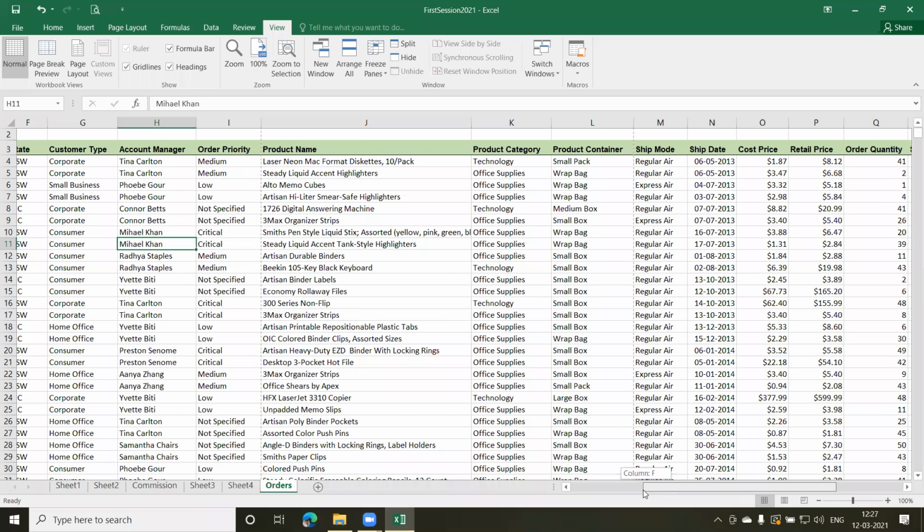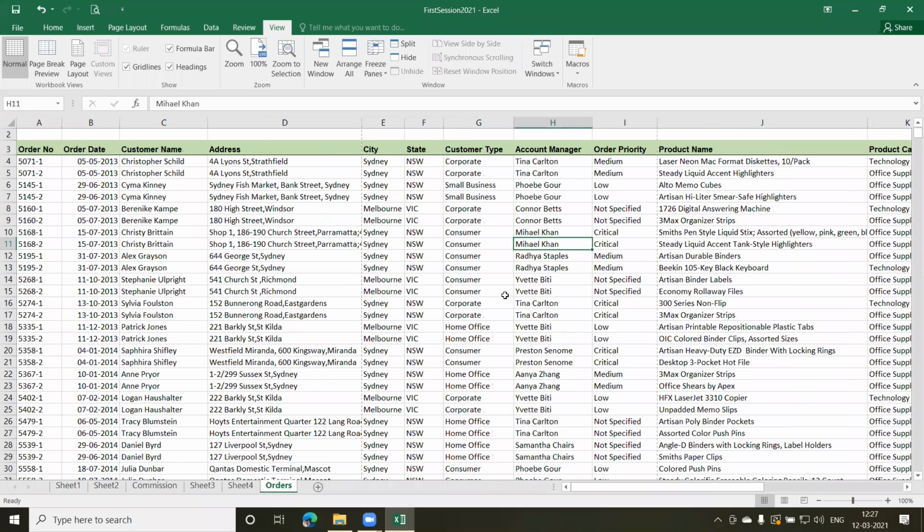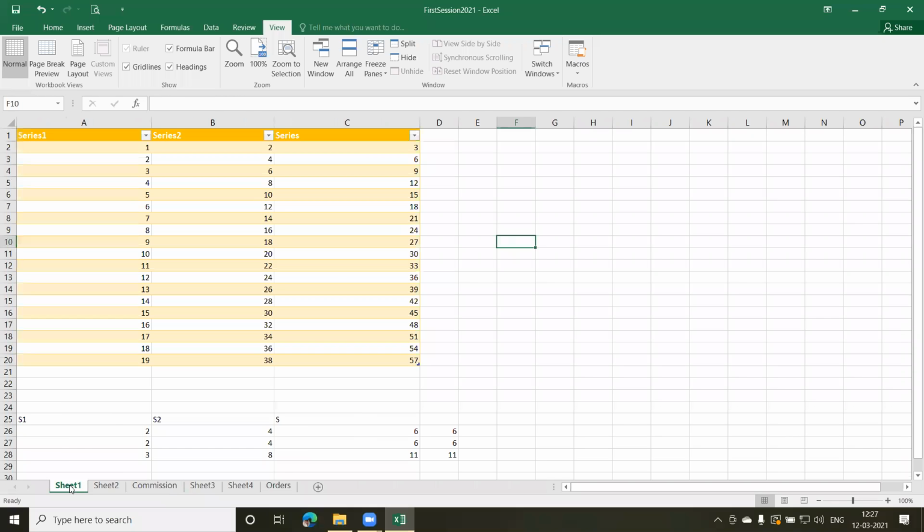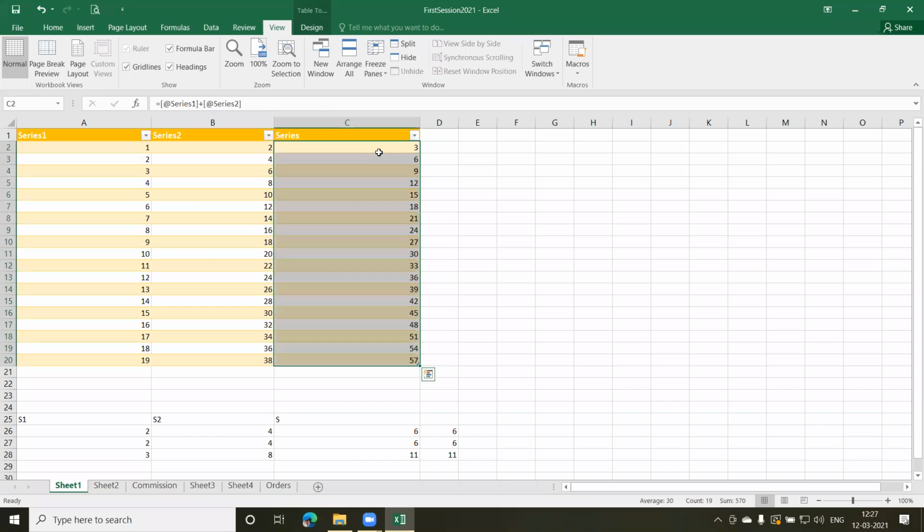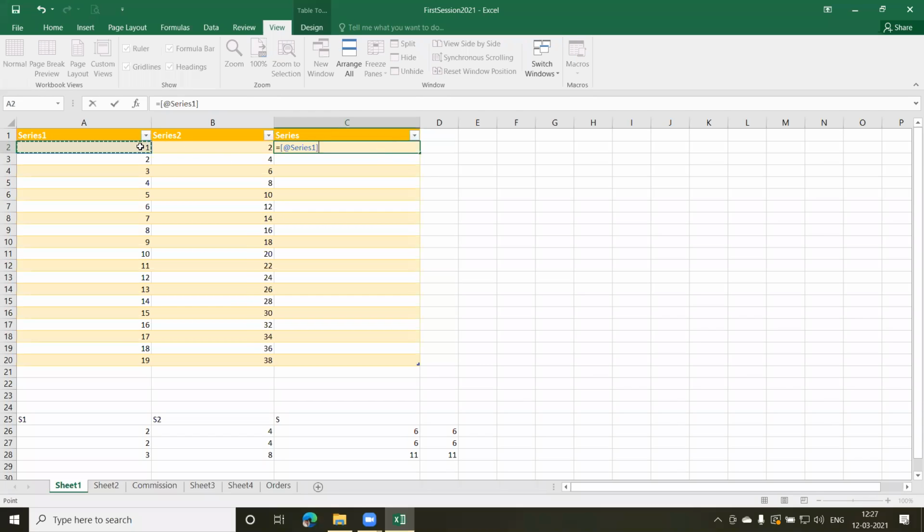Now, last time, if you remember, I had this file. Which file was that? This one, right? We had inserted a table here. And as I showed you, if I put a formula, I say equal to this plus this, and press enter, what happens?